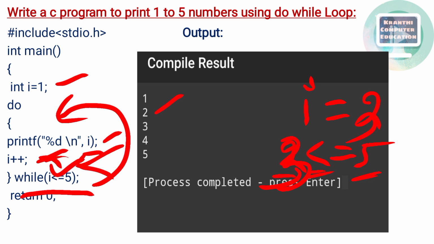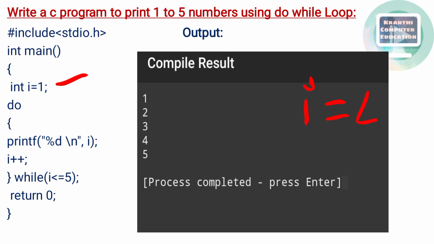Next it is going to execute the loop. There is the printf statement, it is used to print the value of i. Now the value of i is 3, so 3 is printed on the screen. Next the i value will be incremented. The i value becomes 4 now, so 4 is stored in the variable i. Next the i value is printed, the 4 is printed on the screen and then the next increment operation. So now the i value becomes 5.